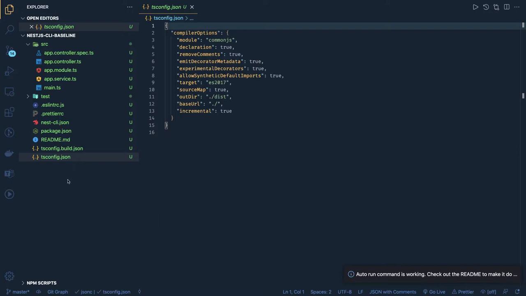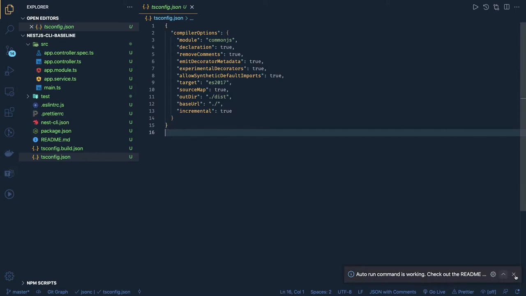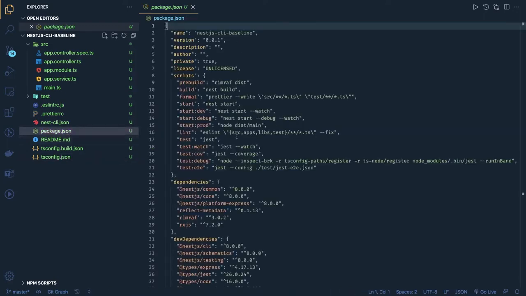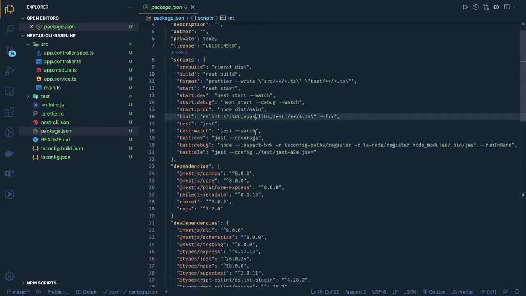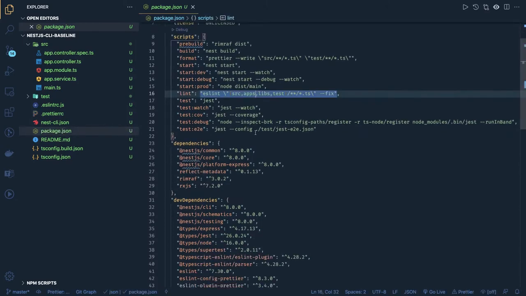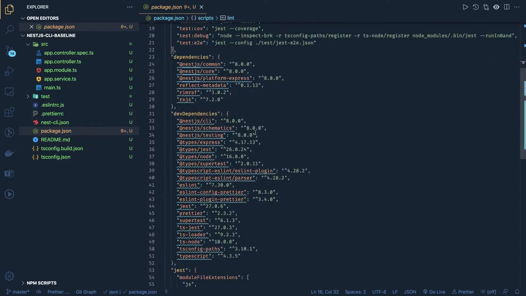I don't want to use the CLI. The CLI is just to show you guys how to get started with the basic project, if you want to start from scratch zero. Okay, so this is our tsconfig file, and this is our package.json file. We have a lot of dependencies here, so these dependencies are fine, but we will also add a few more dependencies